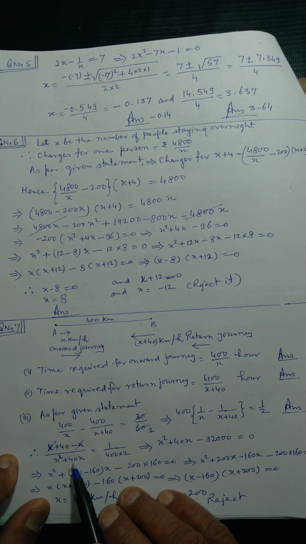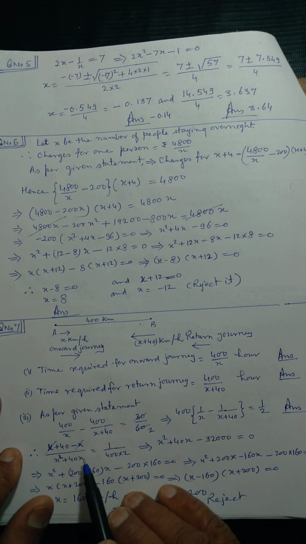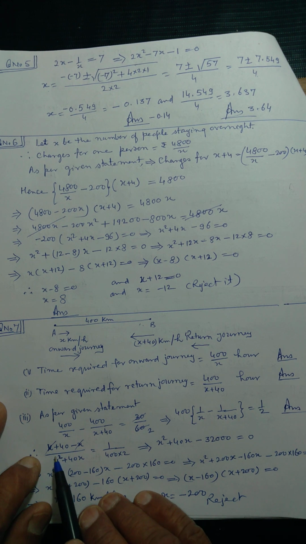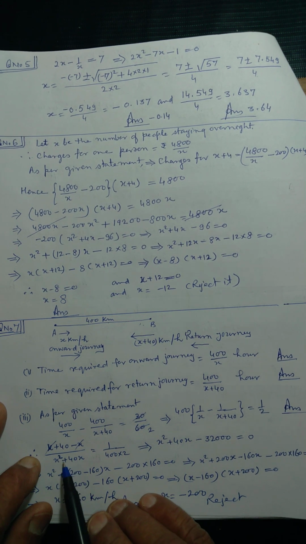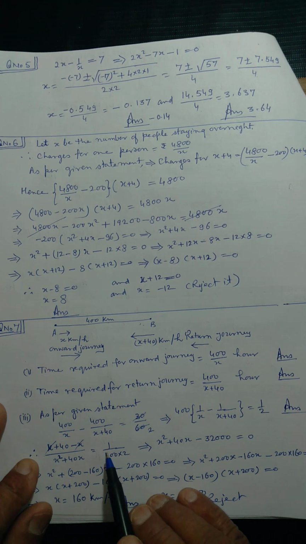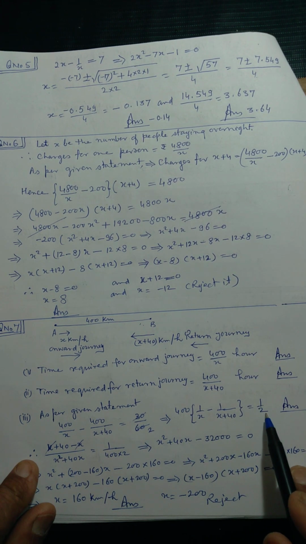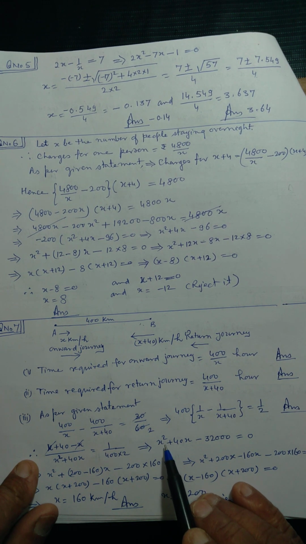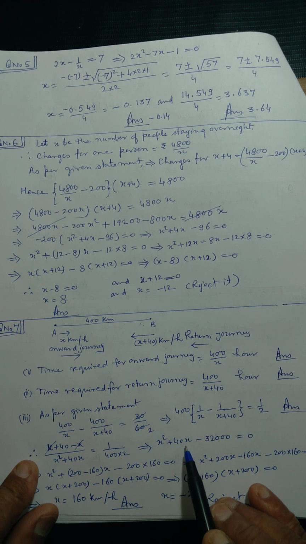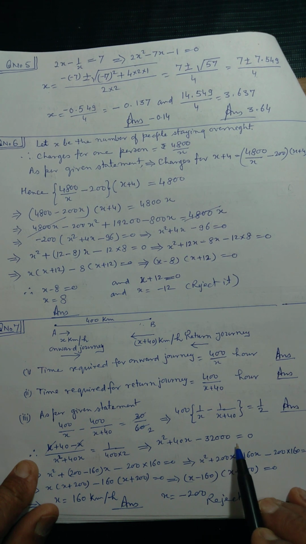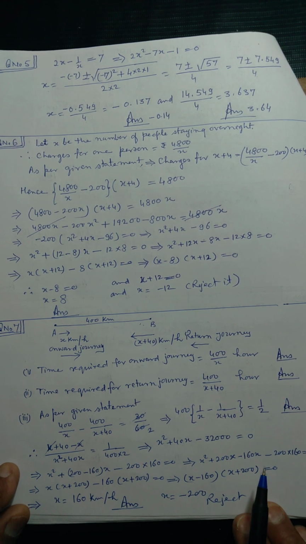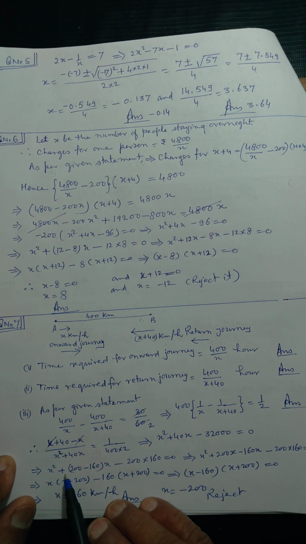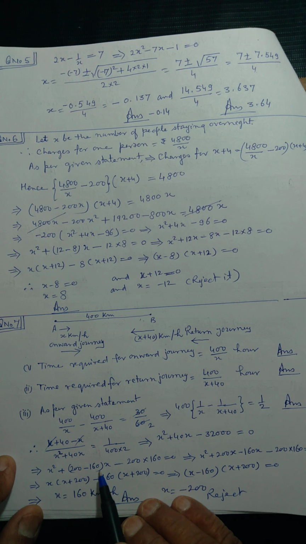So further you just solve it here. This will be the required answer. In one case, we have to solve the value of this. So, x plus 40 minus x upon x square plus 40x is equal to, this 400 will come to this place. So 1 upon 2 into 400, and ultimately you solve it, you will get x square plus 40x minus 32,000 equal to 0. You see, I have splitted this 40 like this: x square plus 200 minus 160 bracket